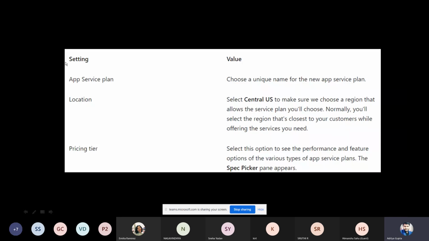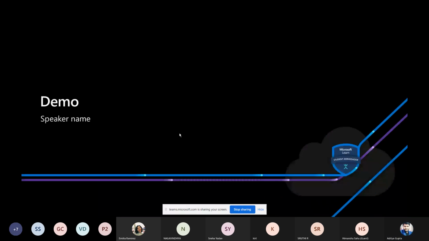In app service plan, basically why is this needed? This is needed to use WordPress for free. WordPress comes with two pricing tiers: a free tier and a standard tier. If you want to use the standard tier, I can because I have credits, so I don't need this step at all. But others maybe don't have credits, so for that we need to do this extra step. It's just easy. I will let you know. So yeah, let's get started with the demo.